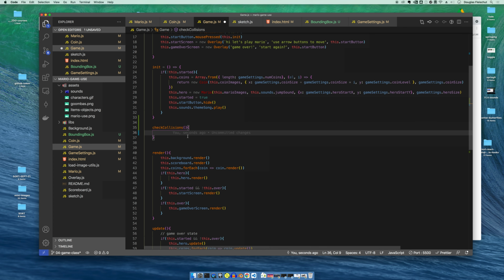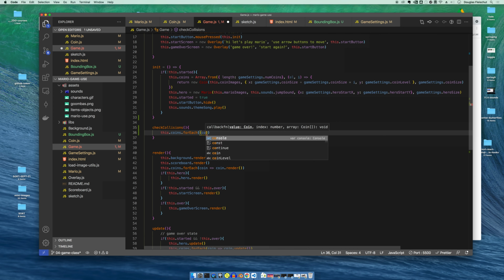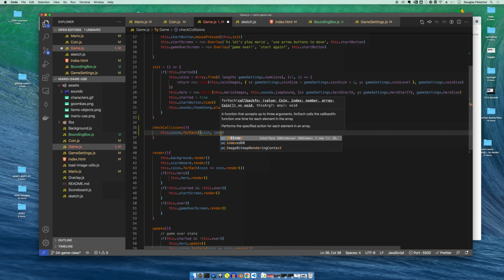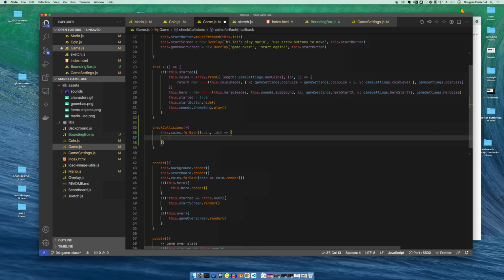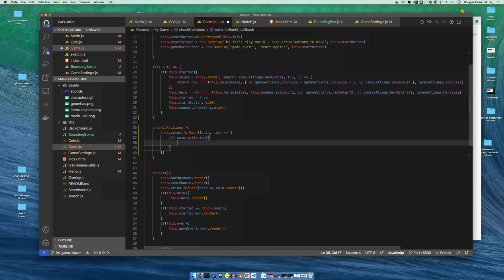And so in here, what we'll do is we'll say this.coins, because we want to check all the coins. For each one of these coins, we're going to have a function that's going to see if the coin hasn't been collected. Then we'll say, we could do this like, if